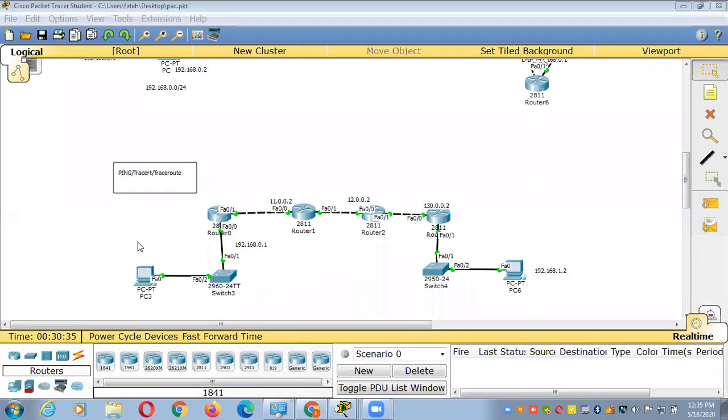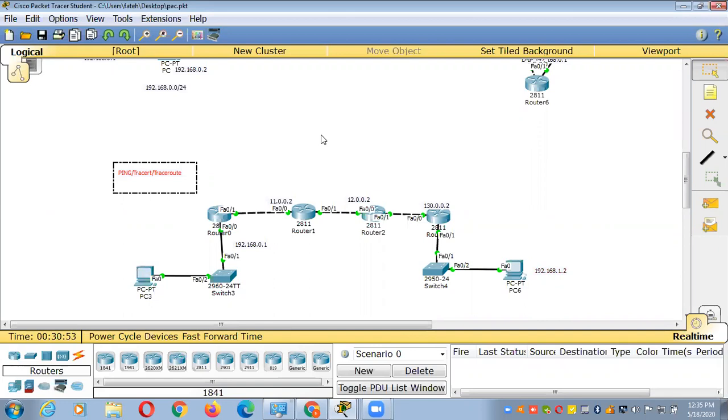Exactly, nice. So what I'm telling you, when you are sending traffic from Delhi to Mumbai, how will I check the route? By using tracert or traceroute. But my question is, how is it helpful for troubleshooting?